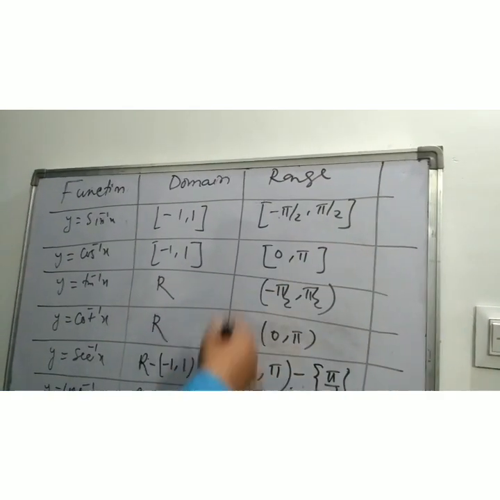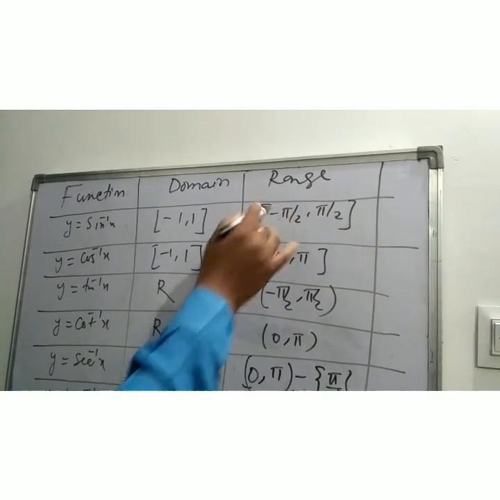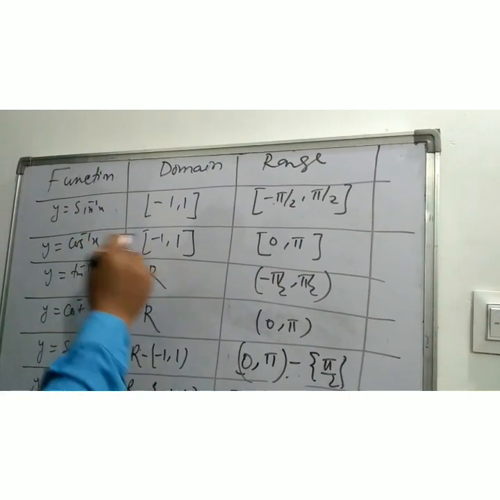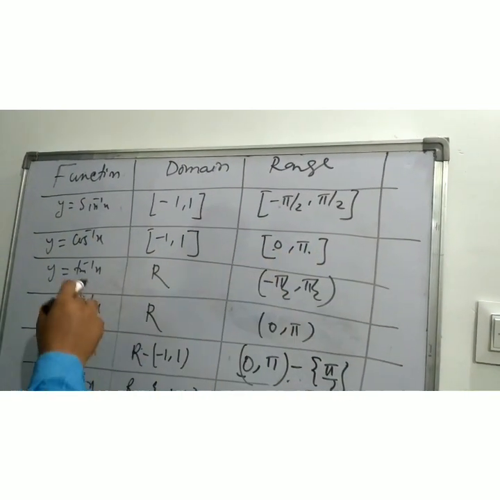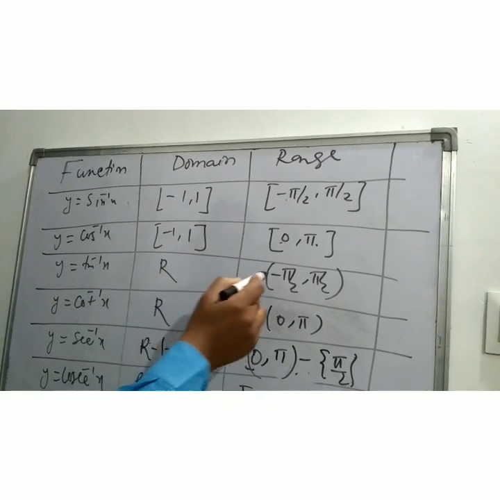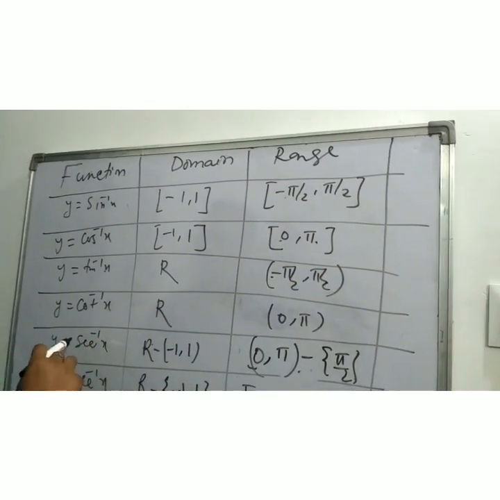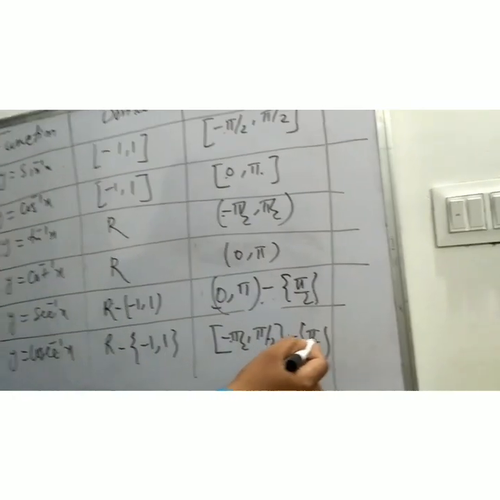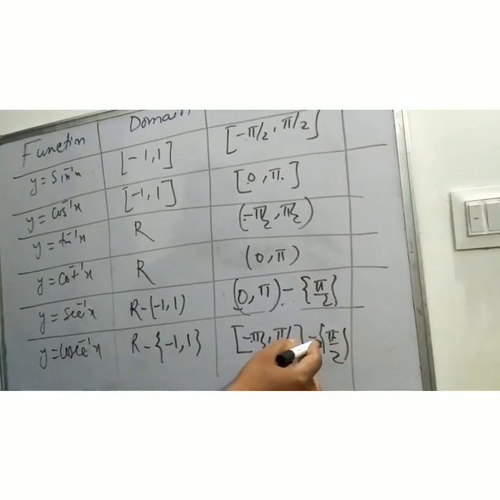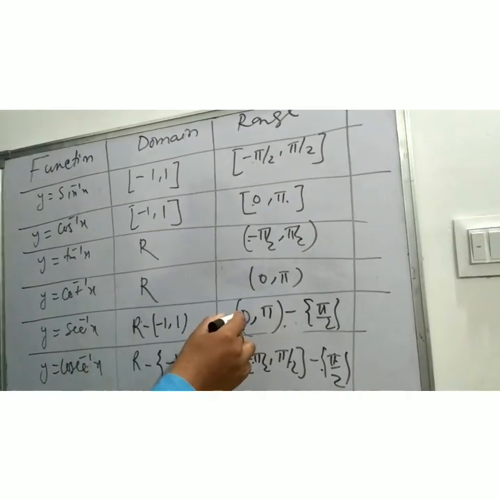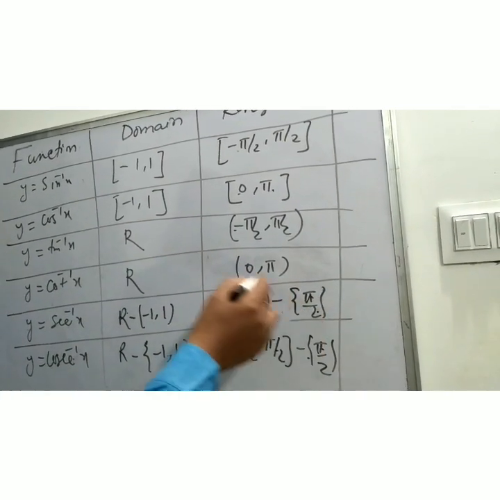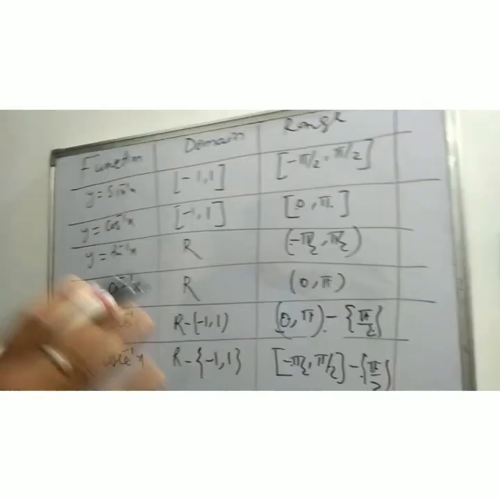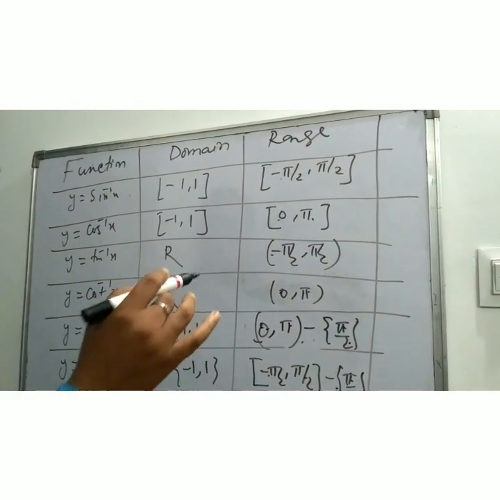It is very important for calculating problems. So the range part is more important than the domain part. In case of cos inverse x, the closed interval 0 to pi, and tan inverse x, minus pi by 2 to plus pi by 2, and cosec inverse also minus pi by 2 to plus pi by 2, only zero is not possible. And in case of sec inverse, 0 to pi excluding pi by 2, and cot inverse, 0 to pi. So to remember it, there are certain tricks.